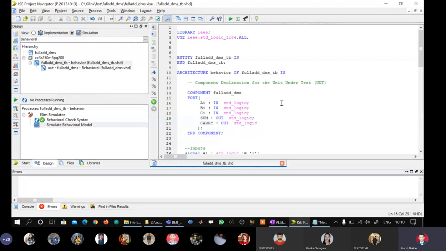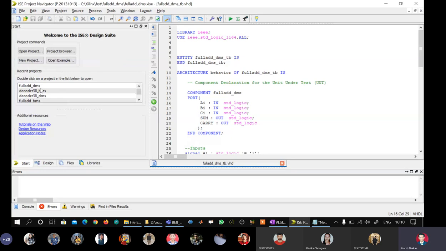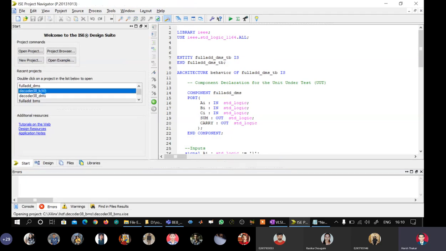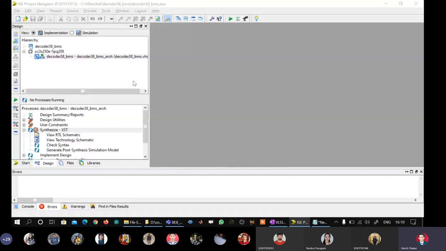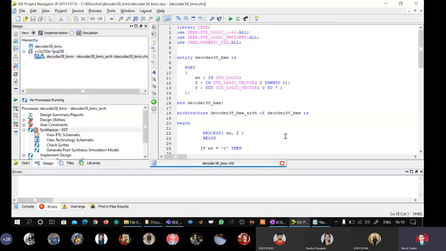We also wrote test benches for the full adder as well as the decoder. And we also learned how to pull our system into the Z state. Okay, fine.